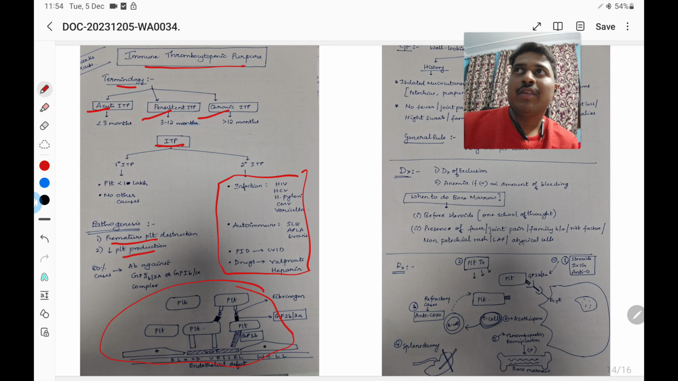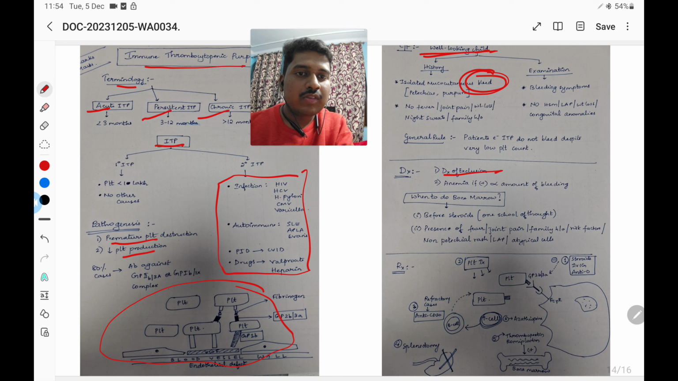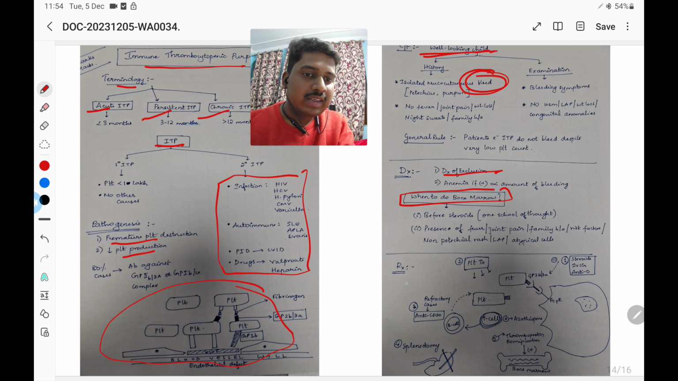See, the examiner will be correcting 20 or 30 papers in a day, and only one paper has a diagram. Obviously, subconsciously and even consciously, he will be willing to give you more marks because of the effort that you have taken. Then clinical features, you will be writing about history, that is bleed in a well-looking child. We'll be writing only about bleeding. Then diagnosis of exclusion. When to do bone marrow, I have included that also in a box because that is the examiner's favorite question. Then treatment part,